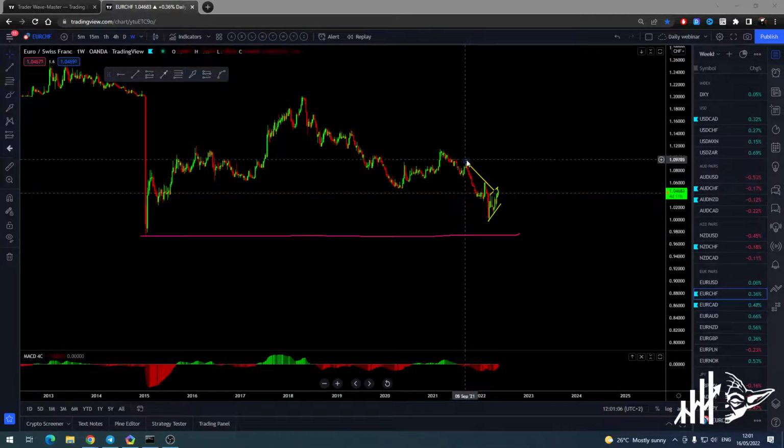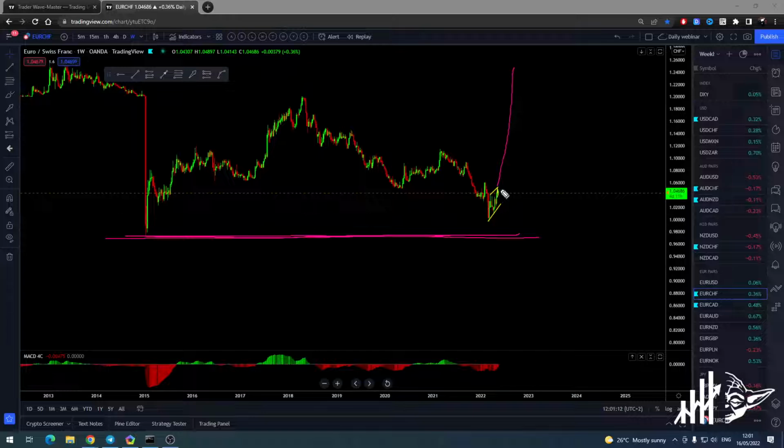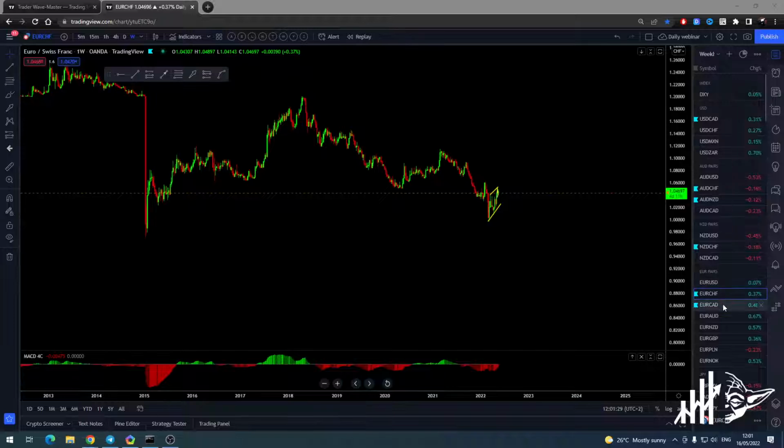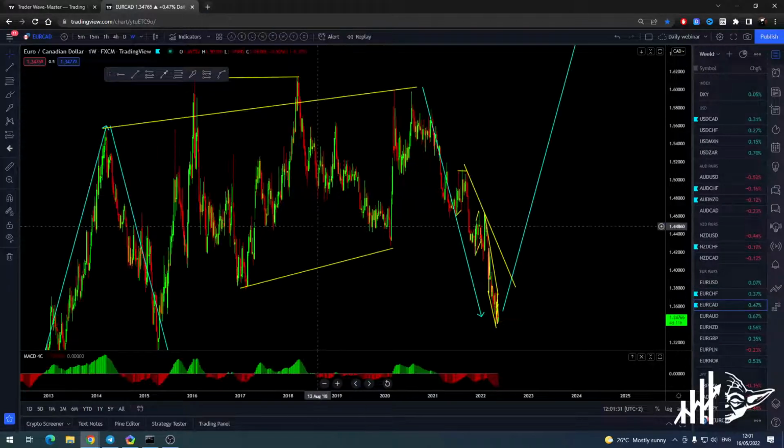So let me delete this one. I don't see this one going higher, at least not yet, before tagging the low. Okay, first I would love to see this move to appear over there before we will see the tag of the previous low. We will see the tag of the previous low before anything will change. Okay, we'll post that idea so we can discuss it more next time.